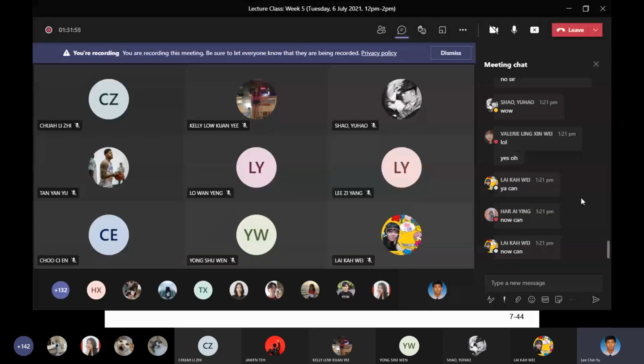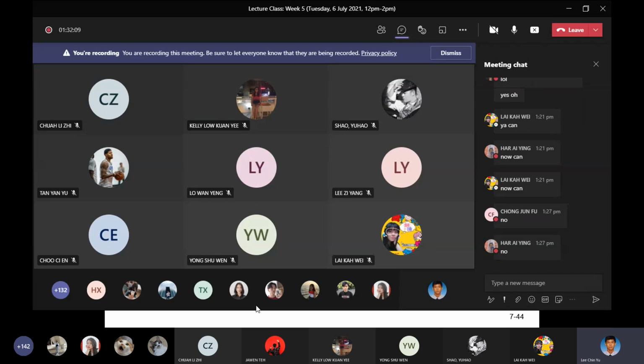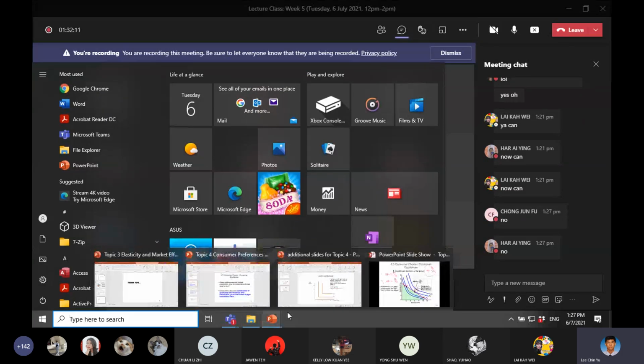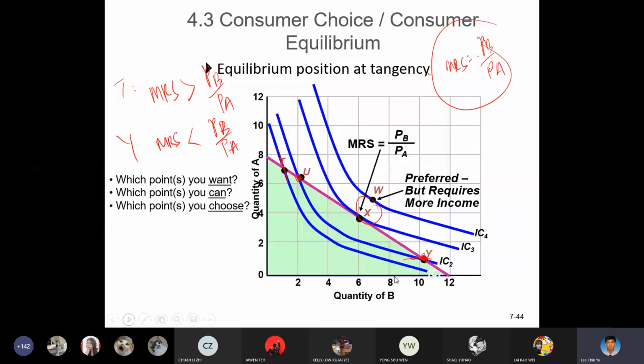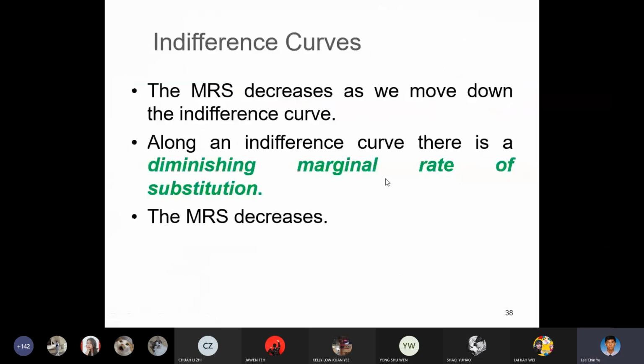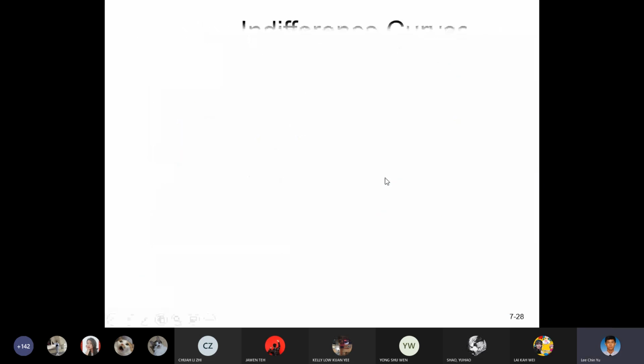Now, after you understand, we go to the thing that we have covered so far. Because at the beginning I said that for the equilibrium position, we need to achieve this condition. If we compare with the one that we covered, you still remember, at the beginning we had two conditions. This condition and this condition must be fulfilled. So if we see the tangency point,